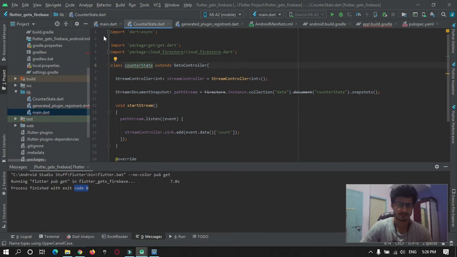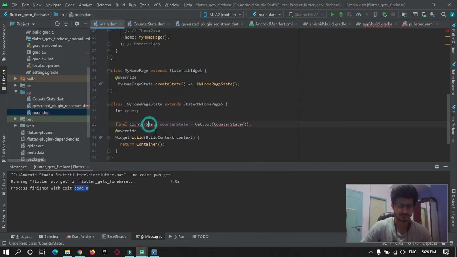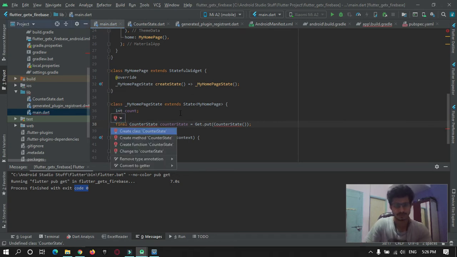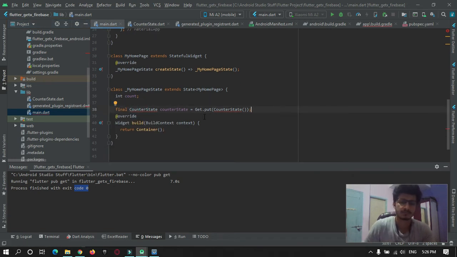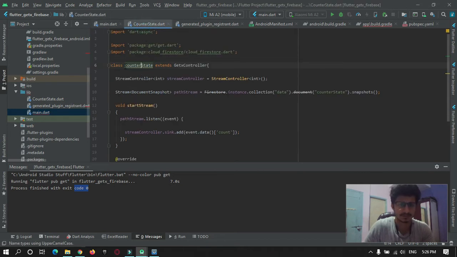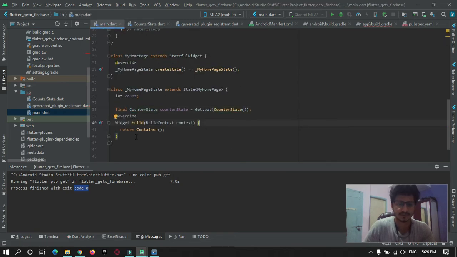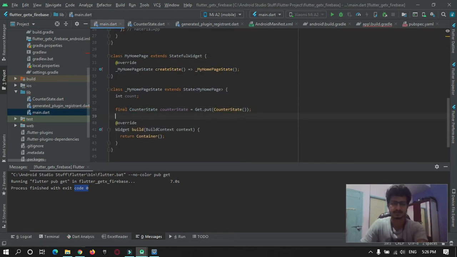Sorry, it needs to be a capital C. Okay, so the instance has been created.